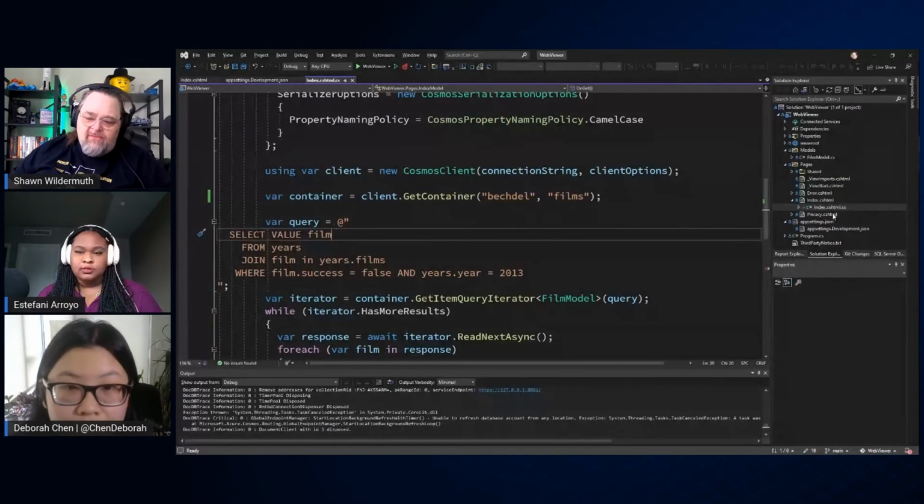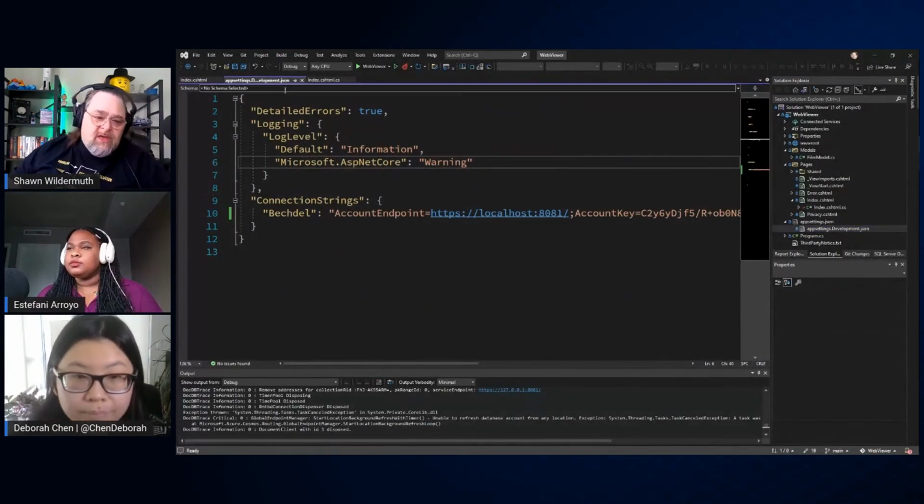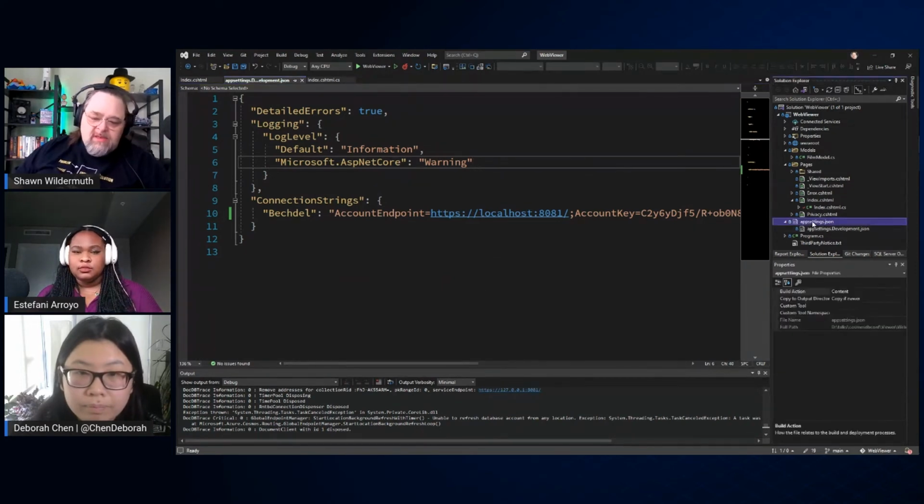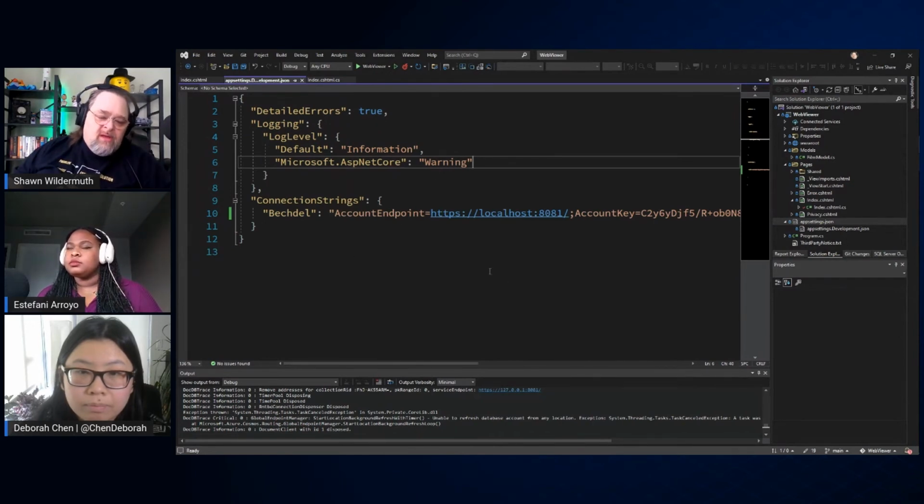Really the difference between the two instances is changing your connection string. So you may have noticed in my example here that I have the connection string here in my development app settings in a .NET instance. Of course, this could be other things, because my expectation is when we go to deploy this or start using that, we're just going to change this. This is the development connection string, and then when we deploy this app to a container or wherever we're going to deploy this app in Azure, we're going to go ahead and set that